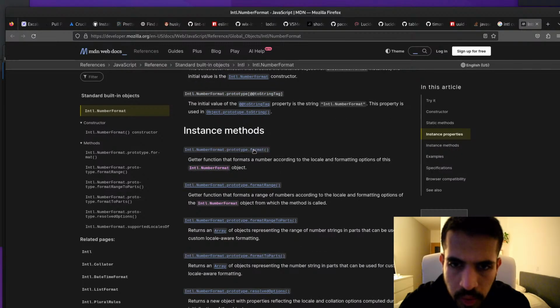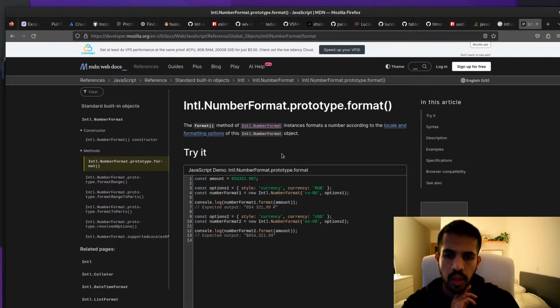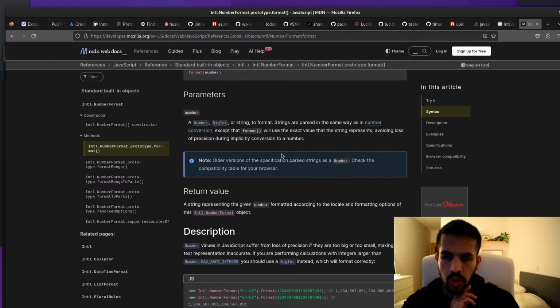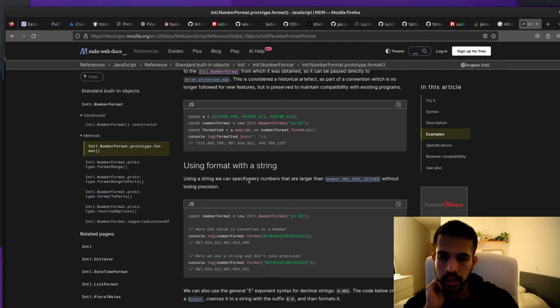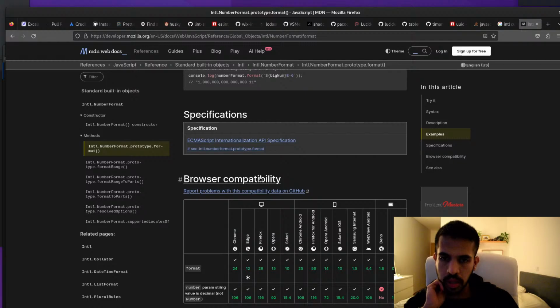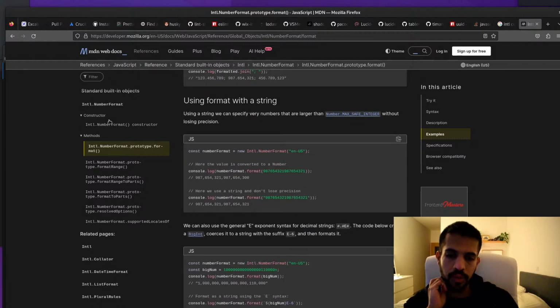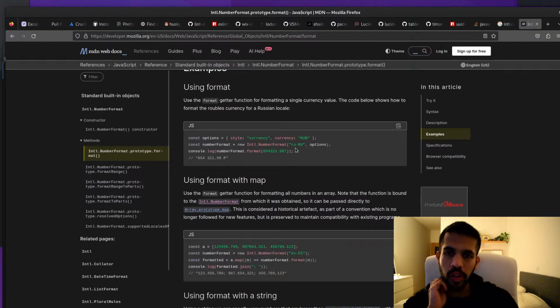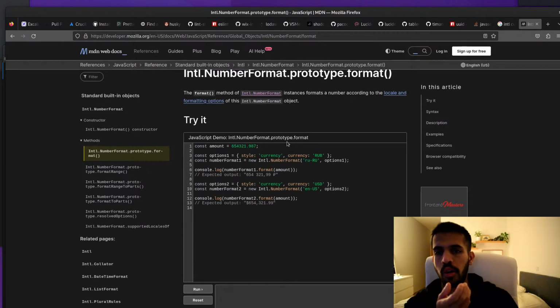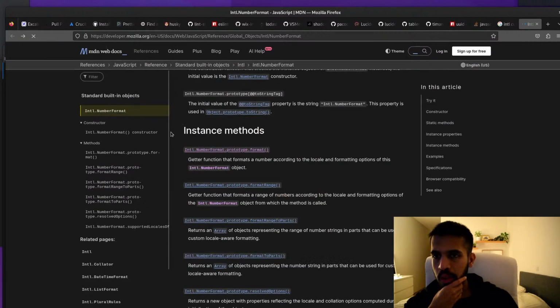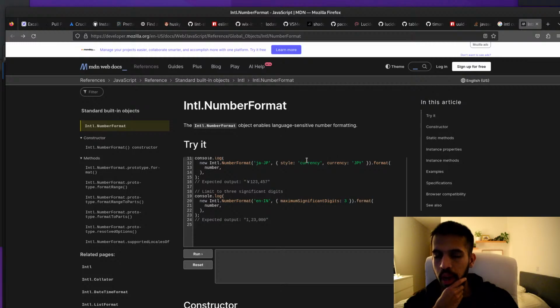Where is it? Formats. I want to look at what styles it can be. I've personally never had to use this yet. I just know that it exists because most of the time, all of the companies I work for have code bases that were around before this API reached adoption.